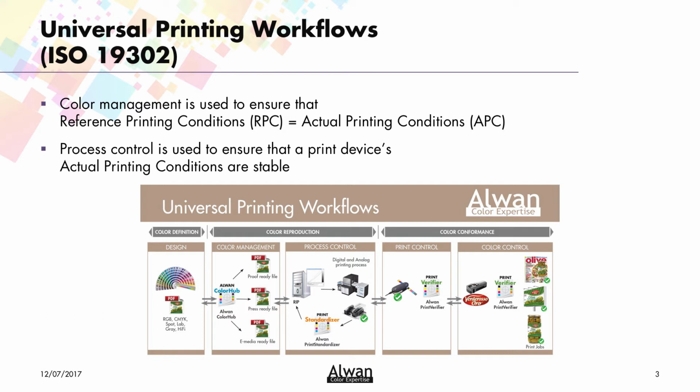It is in draft mode, DIS, which is nearly final stage. And this ISO standard 19302 is the materialization of this vision that color should be defined, managed, and controlled